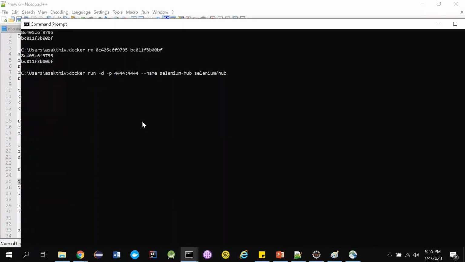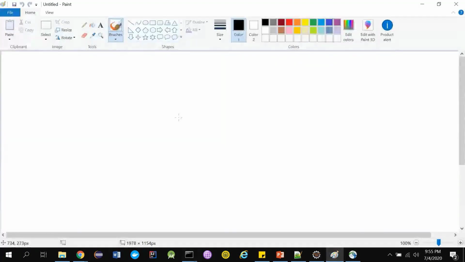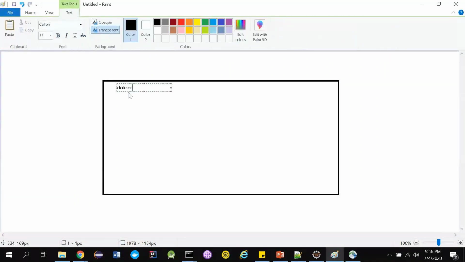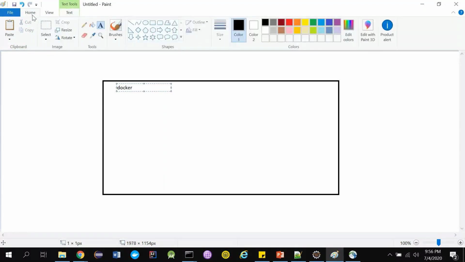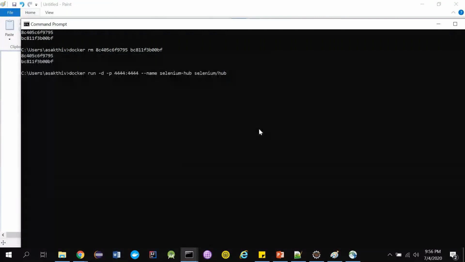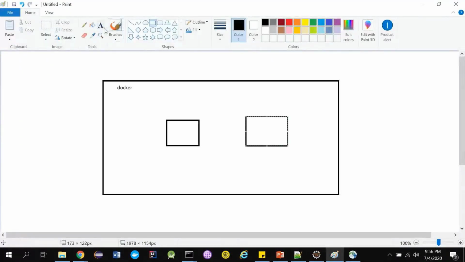So let me quickly cover this. Consider this as Docker, and we also have some containers here, and it's isolated, guys.